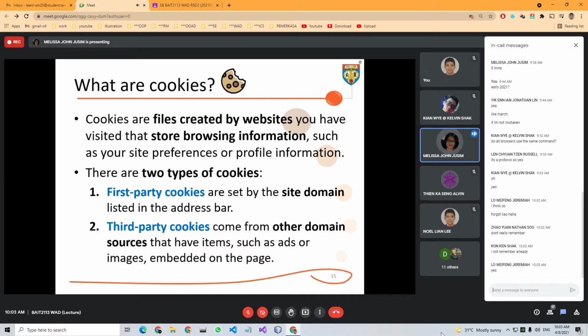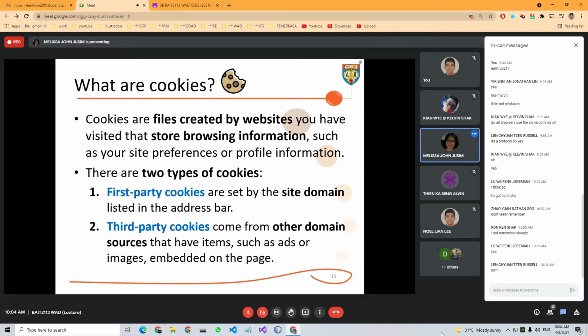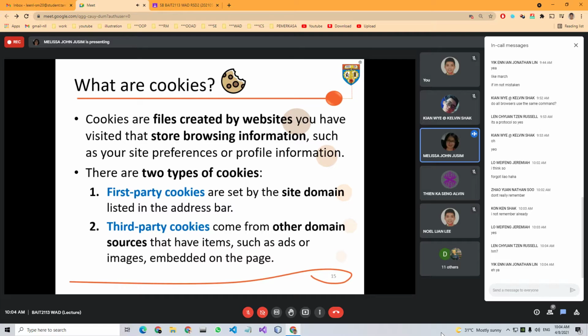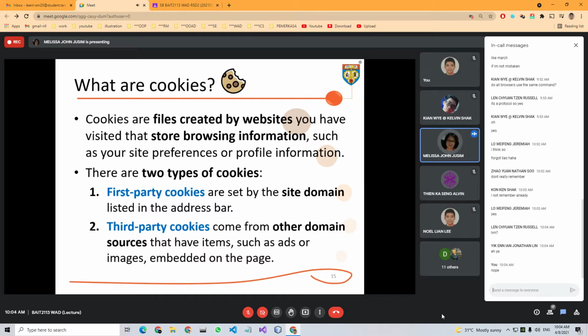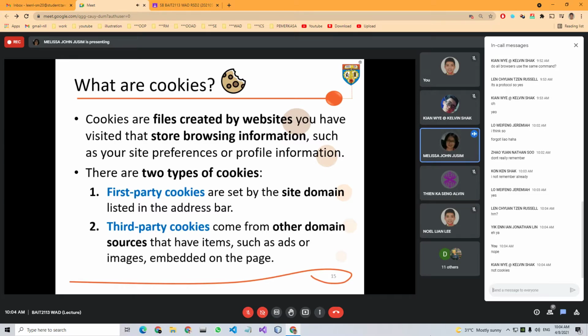But for Russell batch, I think it should be very recent, right before you graduate, is it? After your internship? Okay. So for Noel's batch, have you all learned anything about cookies, query strings? Not yet, right? So this one would be the first time, not cookies.